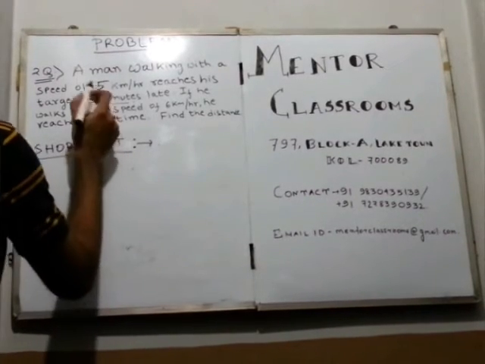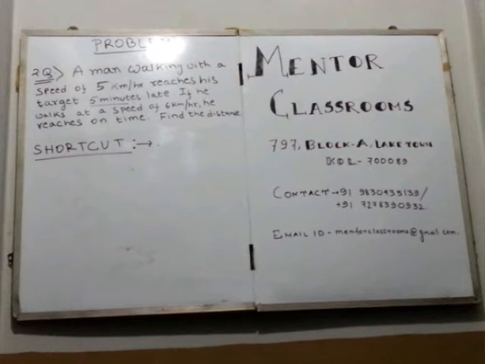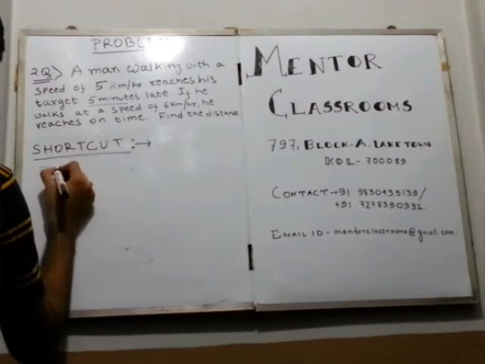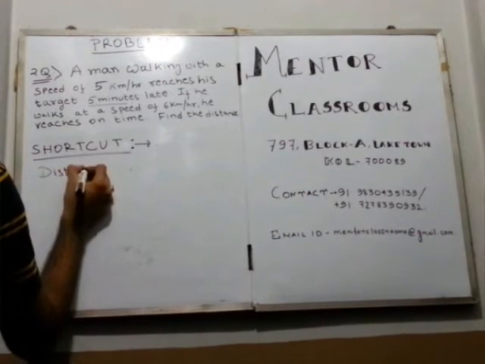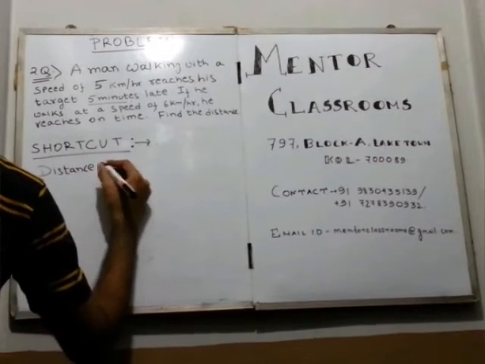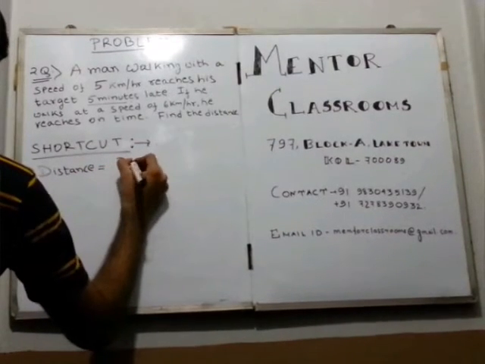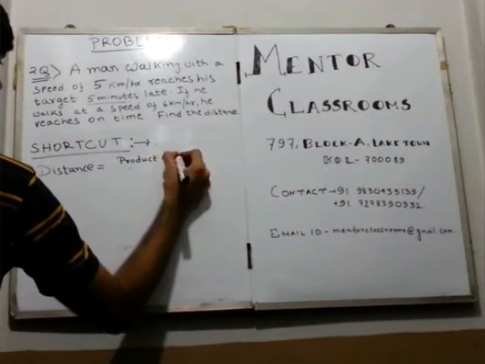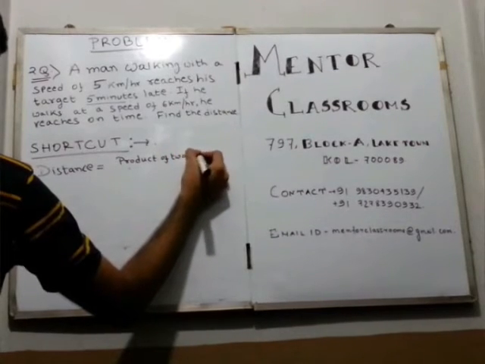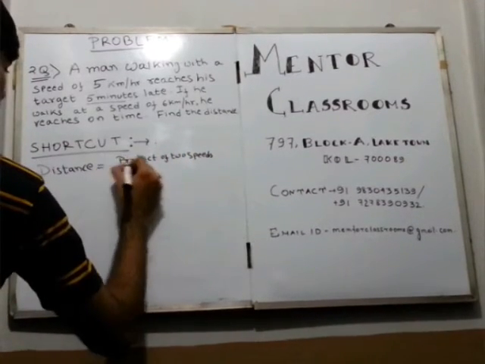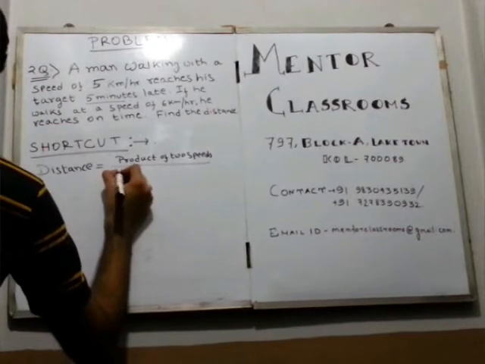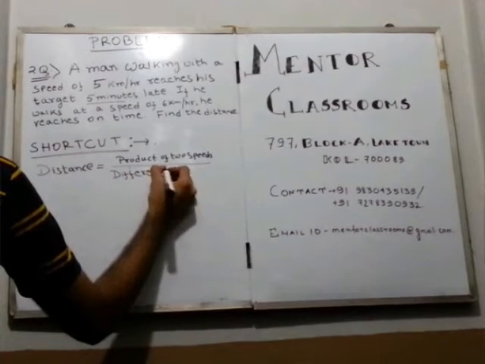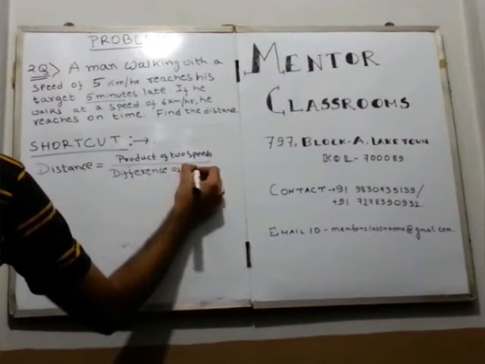The direct formula to solve this problem is distance equal to product of two speeds divided by difference of two speeds